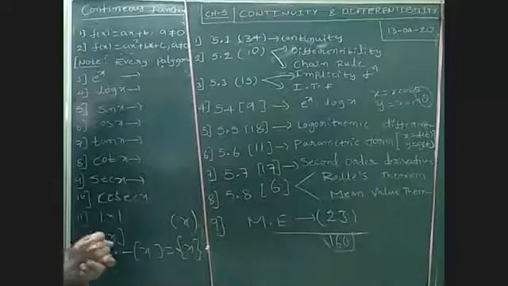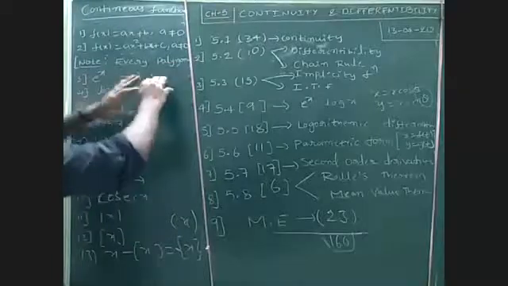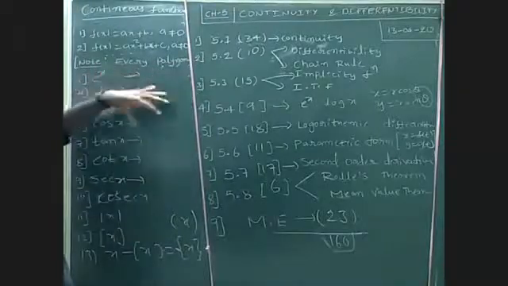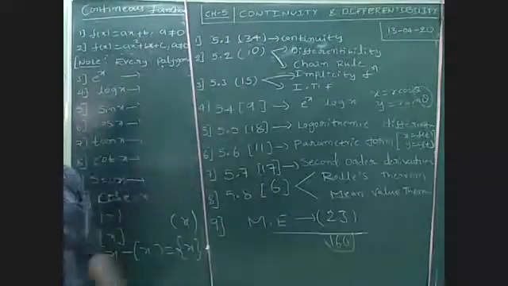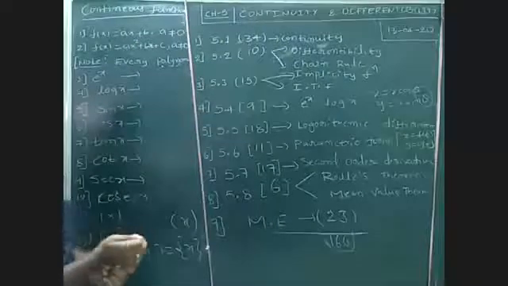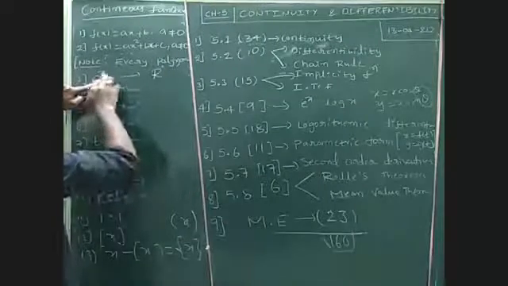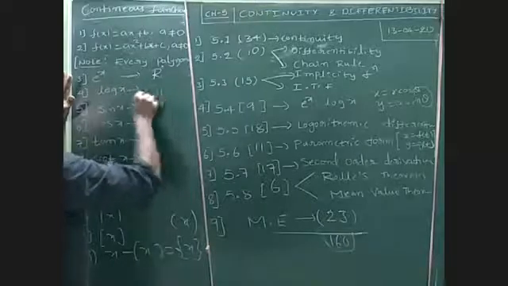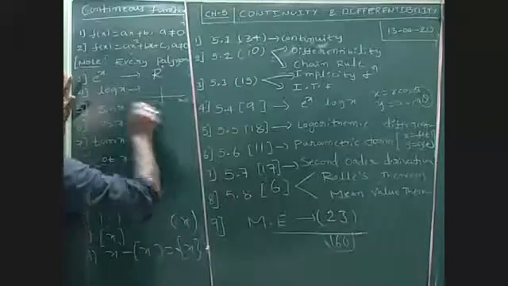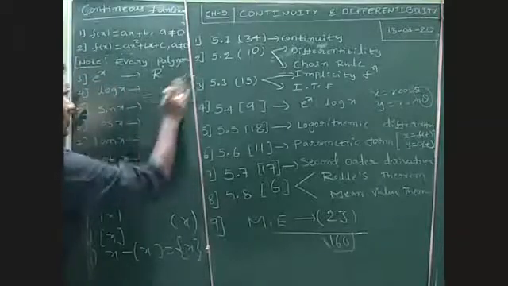Actually, for board level we don't need this much detail like domain and codomain. But without knowing this, you cannot remember how to check the continuity condition. So your domain will be the real numbers, so e power x is always continuous on the real line. Real line means exactly minus infinity to plus infinity; it is always continuous. There is no break. This is the graph of e power x.